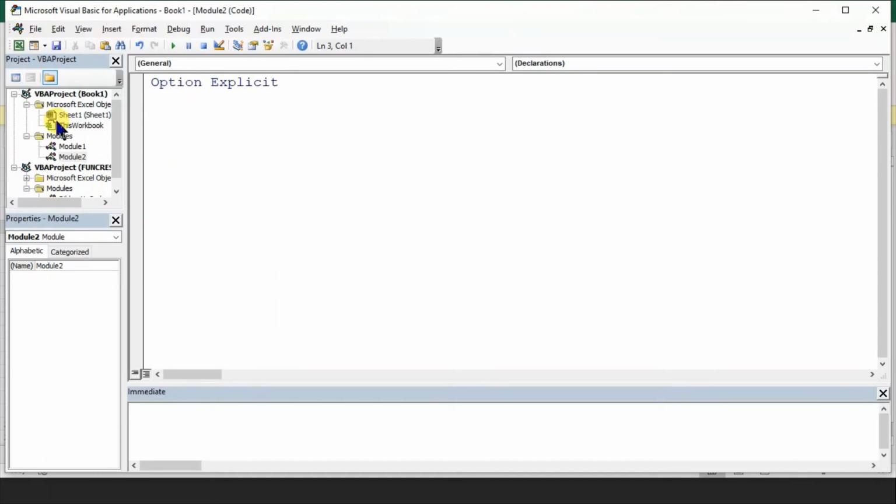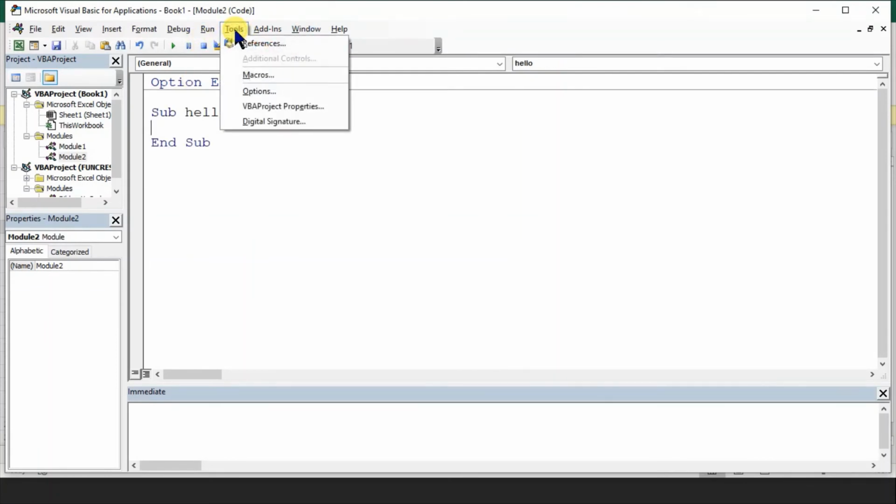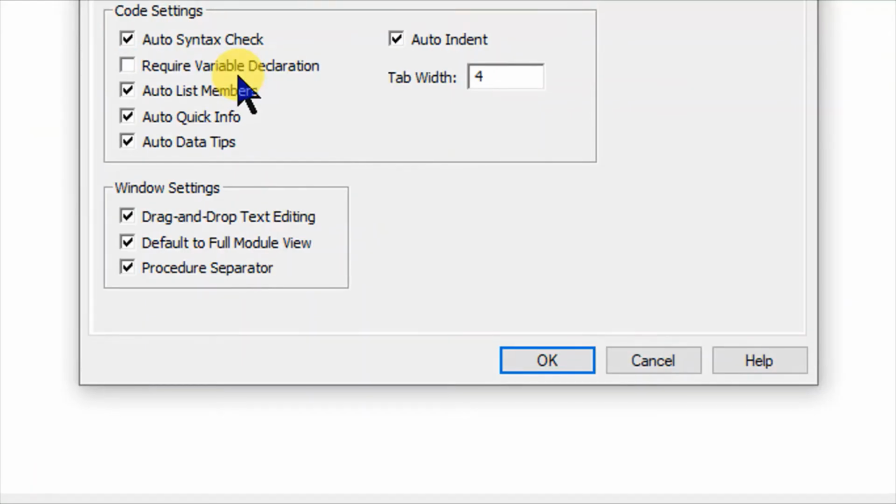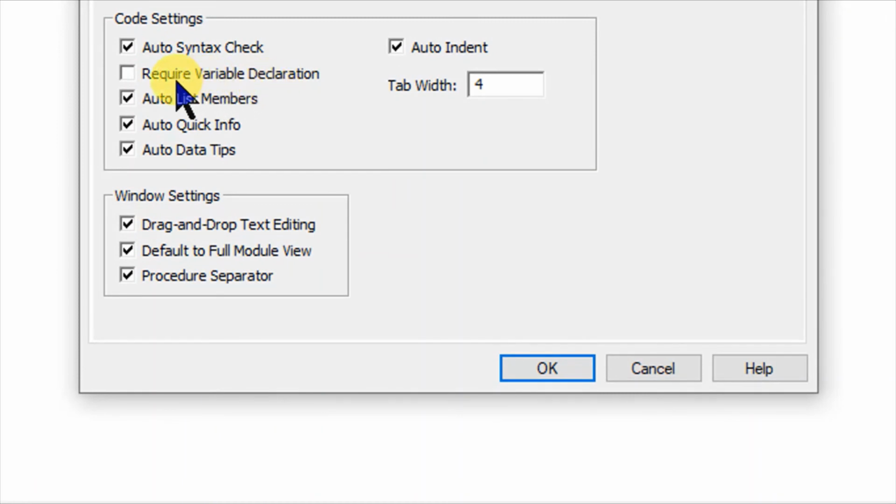There is an option in the system. In Tools, Options, there is a tick, Require Variable Declaration.